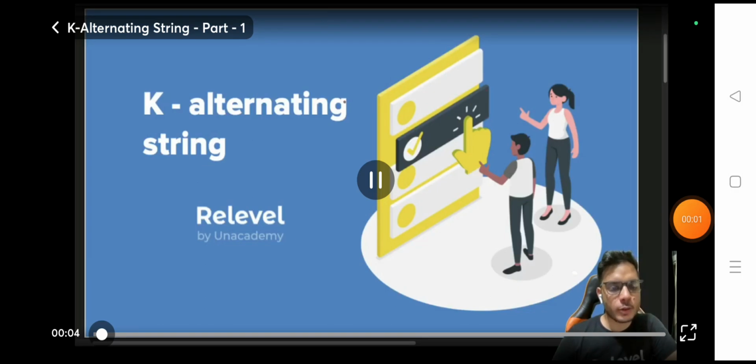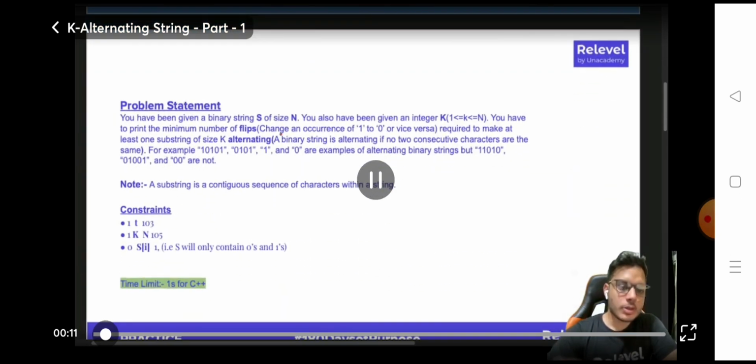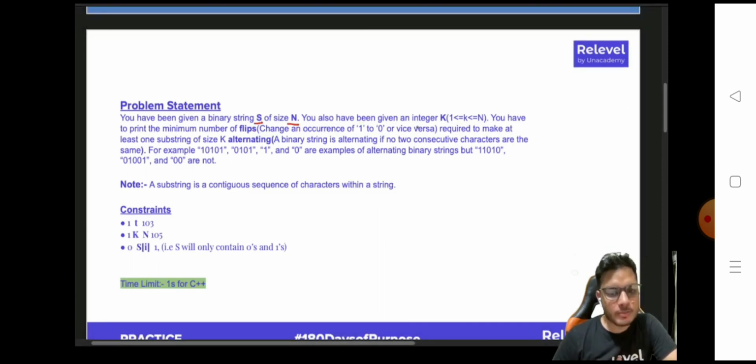And in this video, we're going to talk about the question which names k alternating strings. So let's try to understand the problem. The problem says that you are given a string s which has the size n. You also have been given an integer k, and k ranges between 1 to n. You have to print the minimum number of flips required to make at least one string of size k alternating,